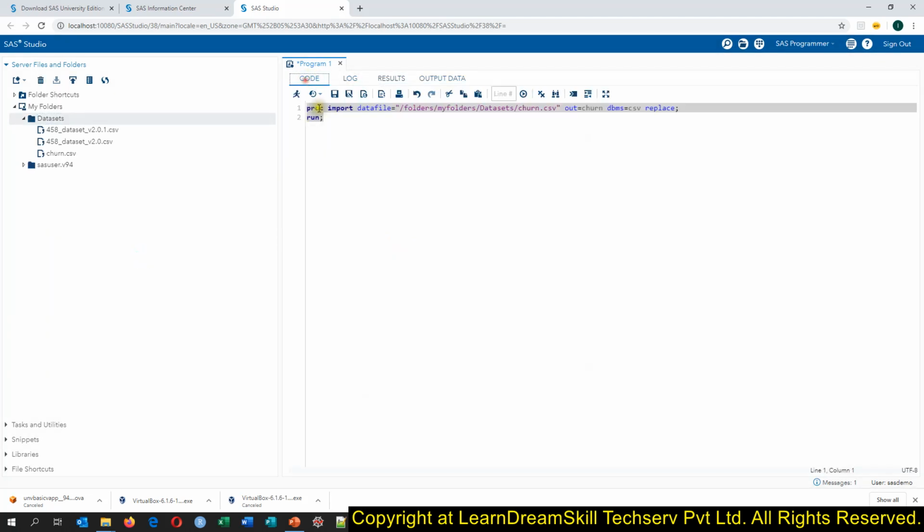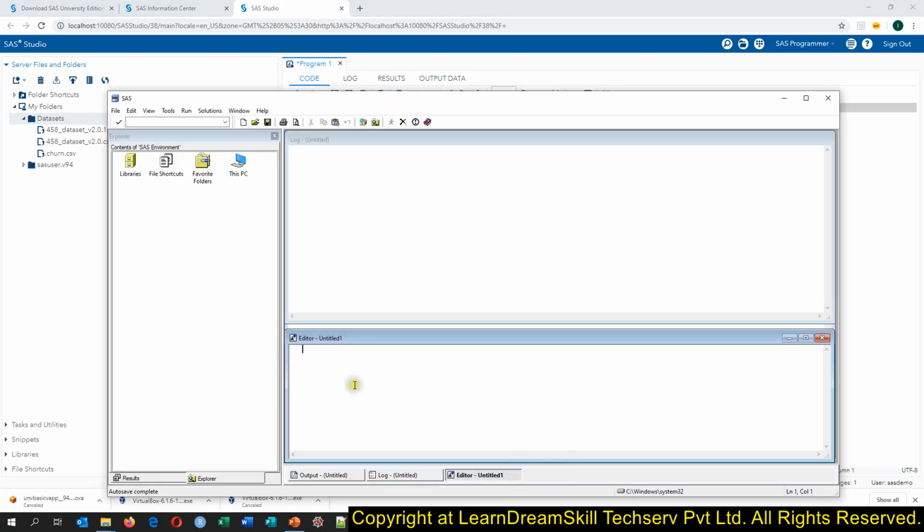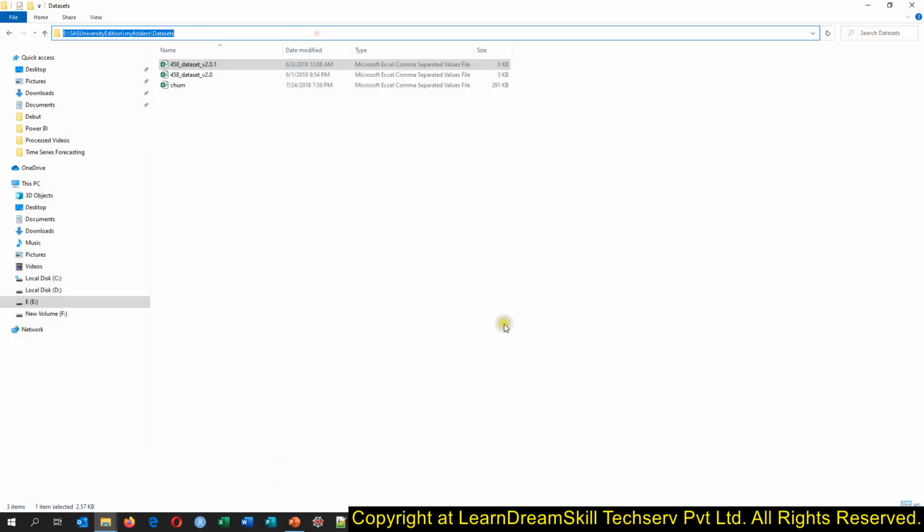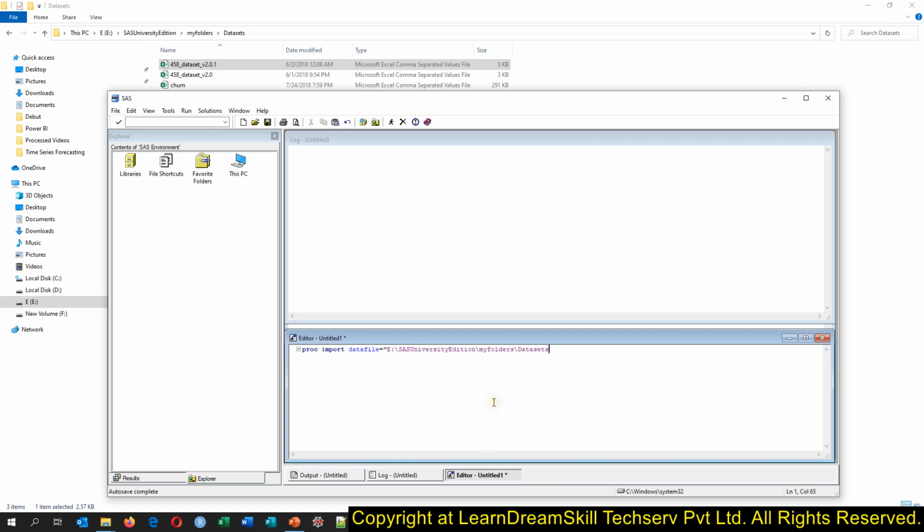So you see here we have the code window. This code window is equivalent to this code window. Let me write the same code here. Proc import. This can import from anywhere. Import datafile from, then I'll copy this path itself, and then I'll say churn.csv, and then I'll say out equals churn.